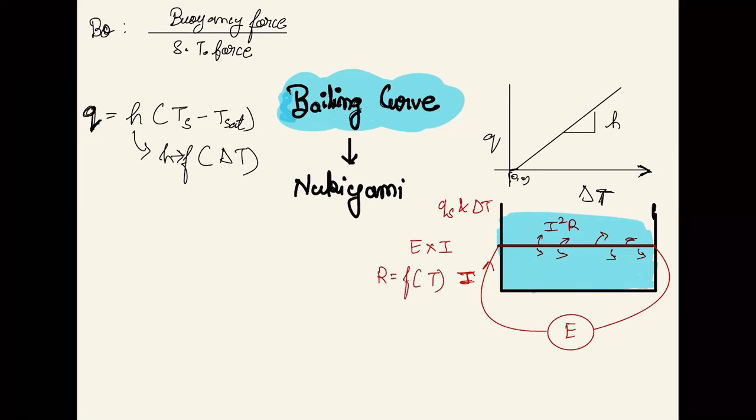Resistance will be a function of temperature, and using this, he will calculate the resistance by the ratio of E by I, and he knows it is a function of temperature. So using inverse calculation, he will find out the temperature at the surface. The temperature of the water can be independently measured, or basically this is Tsat. So delta T is known, Q is known by the product of E and I.